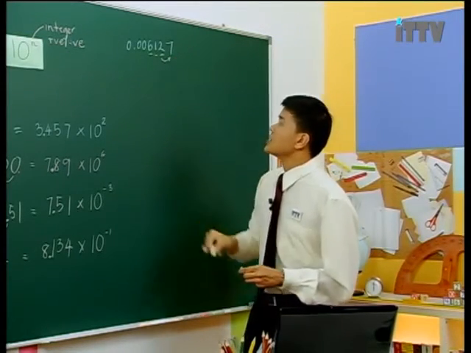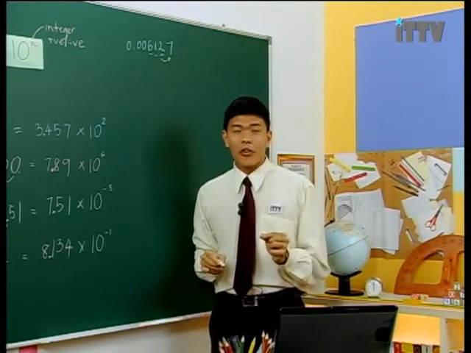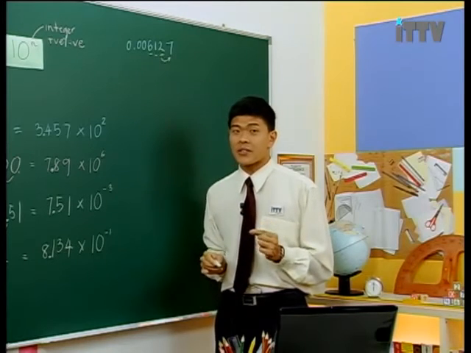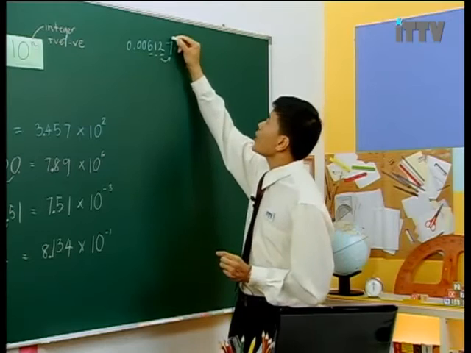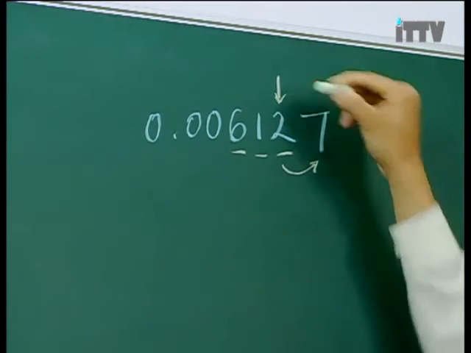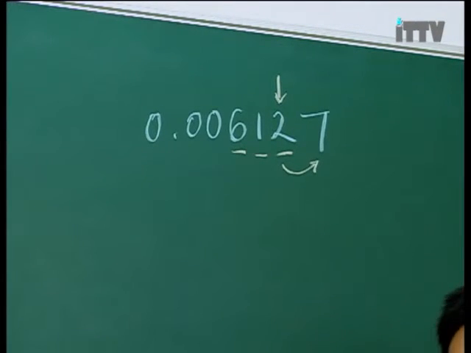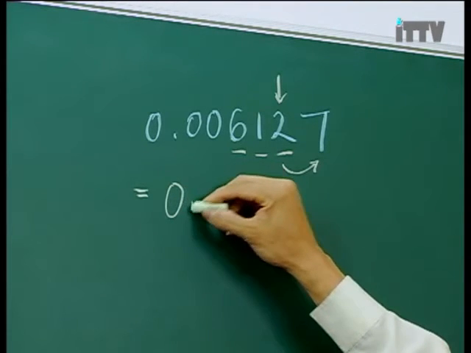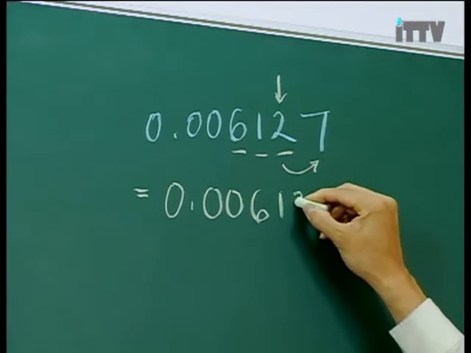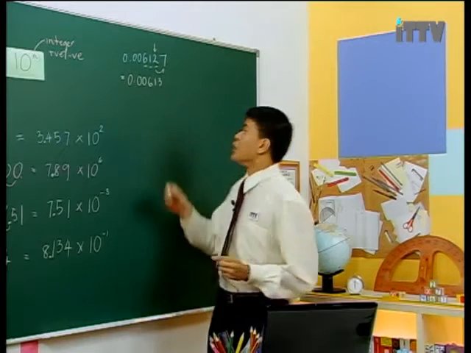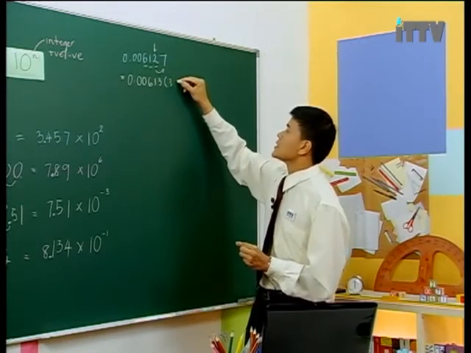Look at the next digit. It is 5 or more because it is 7. And because it is bigger than 5, we have to add 1 to the last underlined digit. So once we round it off to 3 significant figures, it will be 0.00613. And don't forget to write the number of